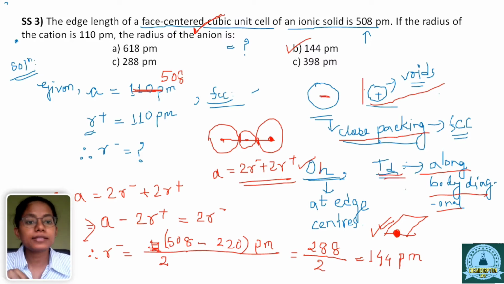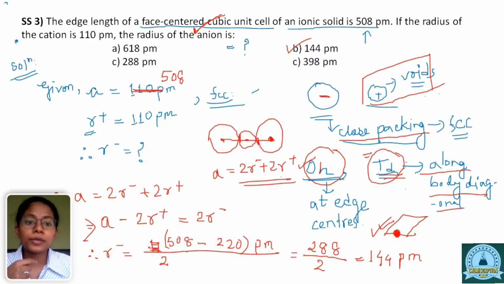The voids are occupied by the cations. There are two types of voids: they can occupy either the octahedral void or the tetrahedral void. But from the given data, we cannot solve the problem if the cations occupy the tetrahedral void, so we are neglecting this. If they occupy the octahedral void, we can solve this problem,